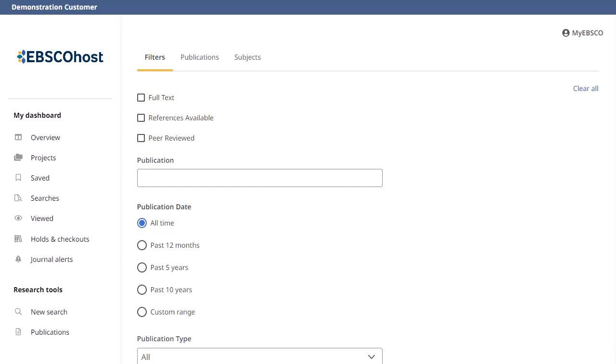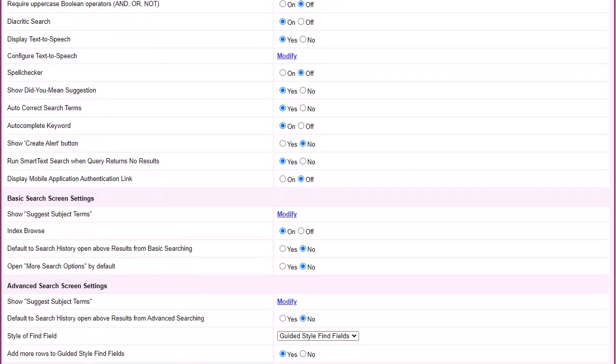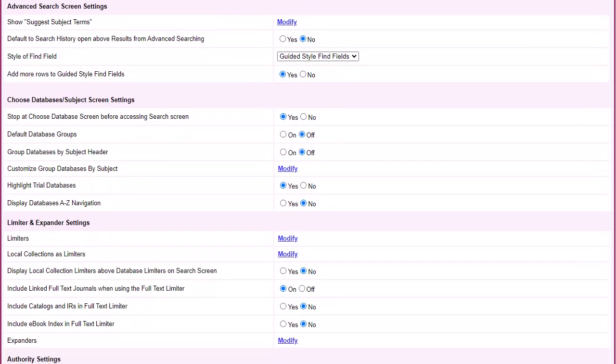To modify the limiters for your EBSCOhost profiles on the new user interface, begin by logging into EBSCOadmin. On the Customize Services tab, choose the profile for which you would like to modify limiters. On the Searching sub-tab, scroll down to the Limiters and Expanders settings area and click the Modify link to the